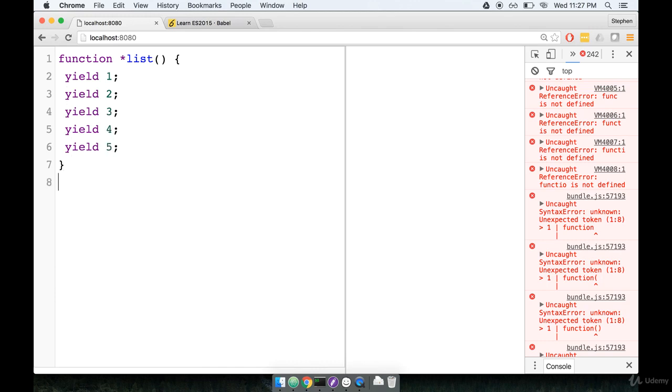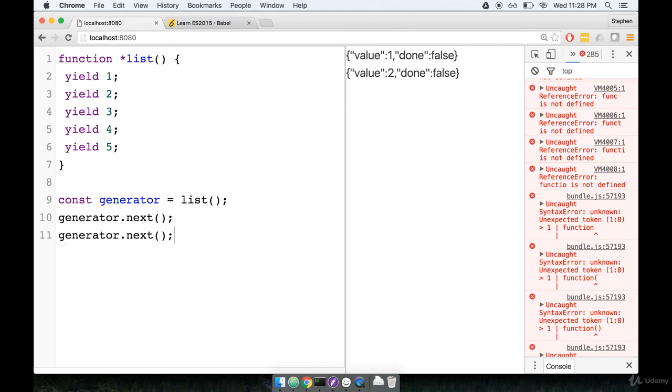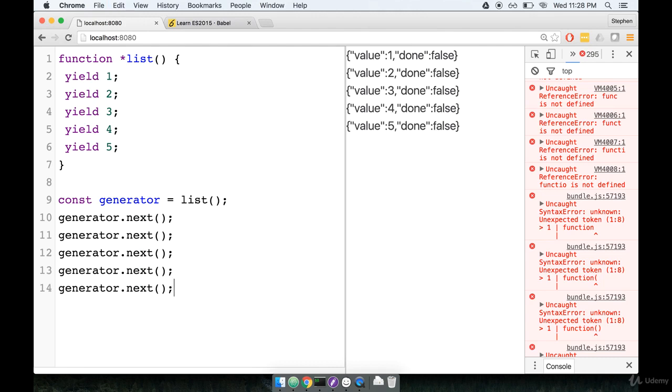Now again, I can call a const generator with list. If I call next, first I get 1 because that's what gets yielded by the first yield statement. I can call generator.next a second time. That's going to go back into the generator on this line of code, and it's going to execute again until the next yield statement is found, and the next yield statement returns 2, and so I get a value of 2. And I can say generator.next again, I get 3, and repeat the process, so on and so on until